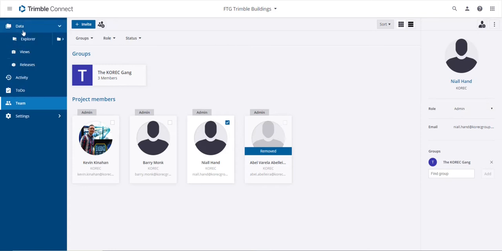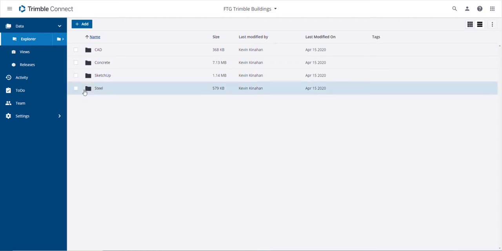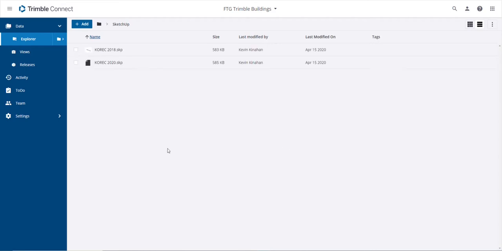I go into my data there and just go into my Explorer. Currently I'm using the online version, but you can also have a desktop version which has more platform for visualization, and you also have a mobile version. So if I go into SketchUp here, I have two SketchUps, my Corec 2018, 2020. So if I go into my 18, it loads up here in Trimble Connect,